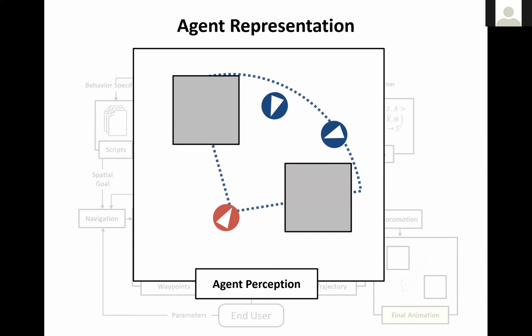So next, once agents are equipped with the ability to move, they need to have the ability to perceive. In this simple illustration, we can model visual perception, which describes the region, the field of view, that encompasses the different things that the agents can see, and they use that information to make their next decision. So in this illustration, these static obstacles and these agents which fall within the field of view of an agent can be used as part of the decision making of this focal agent to make its next decision. You can think of this as a synthetic model of vision.